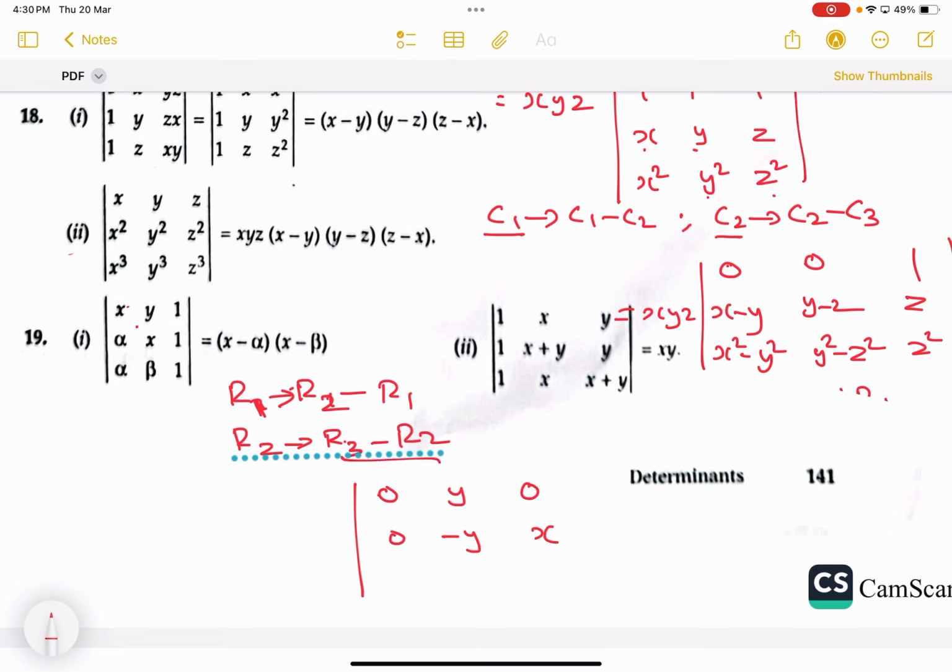Yes, that's what I asked. It's supposed to be R2 minus R3, right? It's okay. Anyway, here you wrote the same answer, right? That also is correct, you will get the answer. Then you did the determinant based on this. XY will be the answer. Usually we will write R1 minus R2, R2 minus R3. That's what I was trying as per